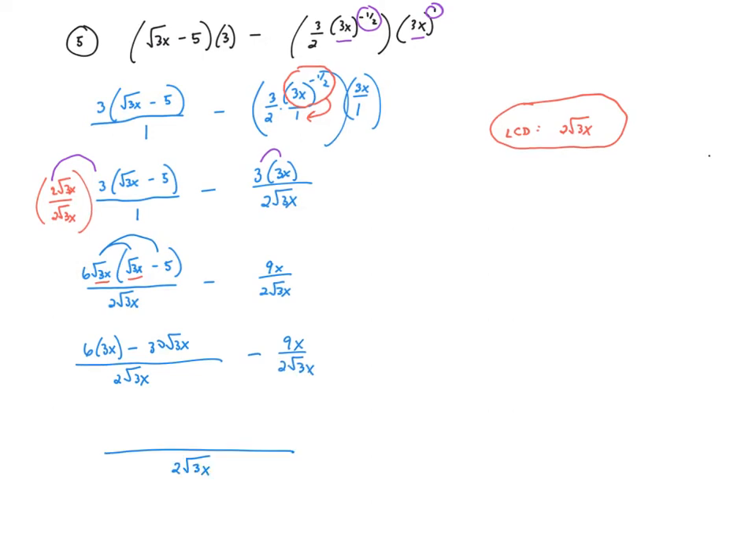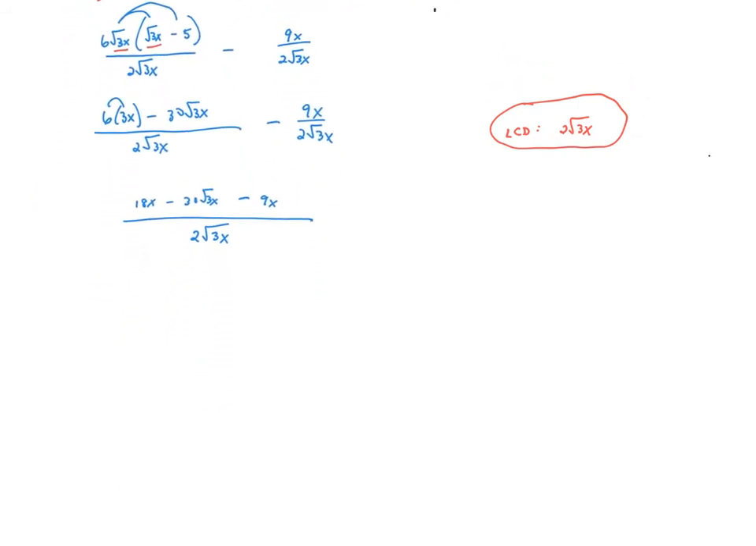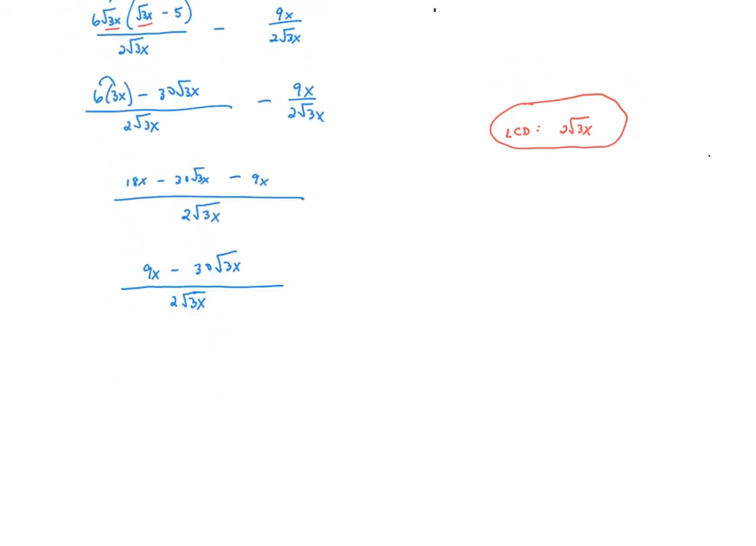Okay, we have a common denominator, so we can bring the fraction together. That's 18x minus 30 root 3x minus a 9x. We can also combine like terms in the numerator. We will obtain this. Now at this point, in order to obtain what we want, we would have to break the fraction apart. That's the same thing as 9x divided by 2 root 3x minus